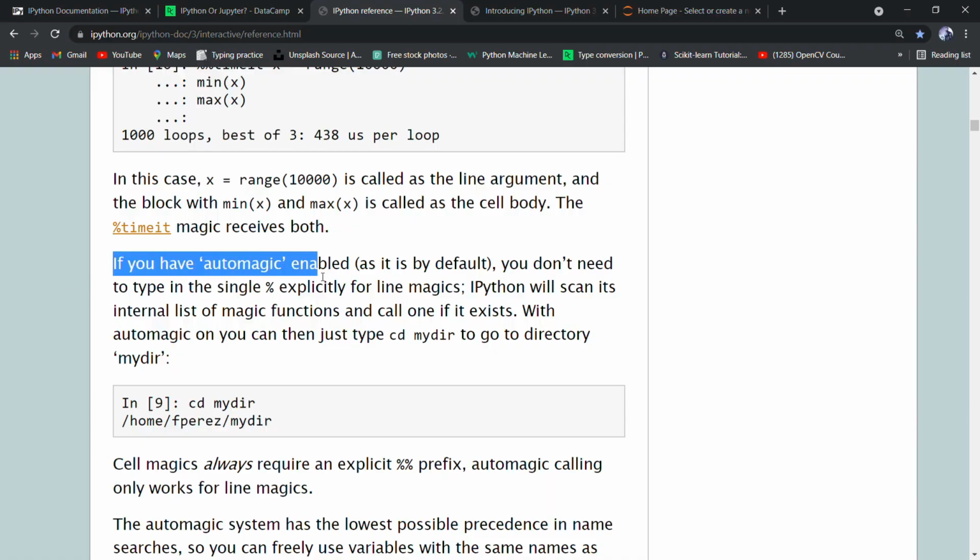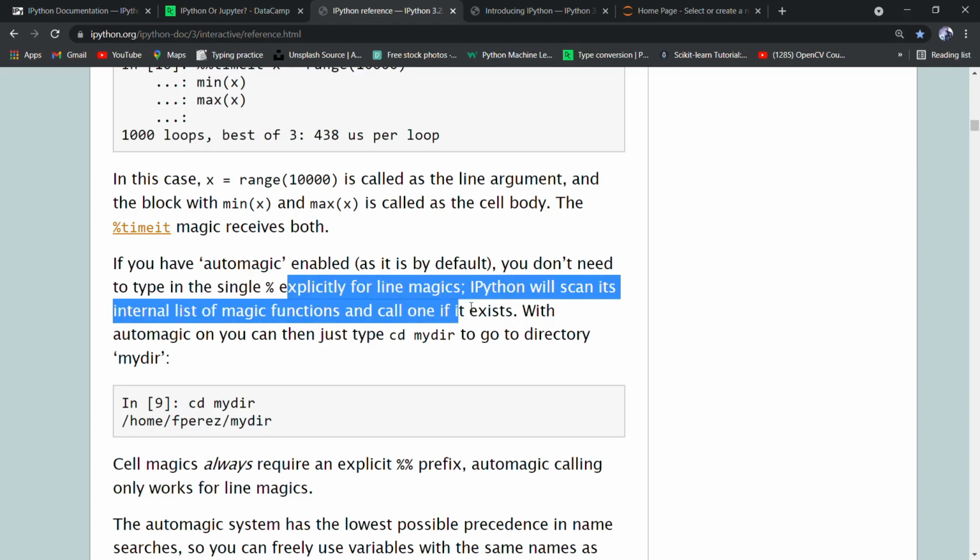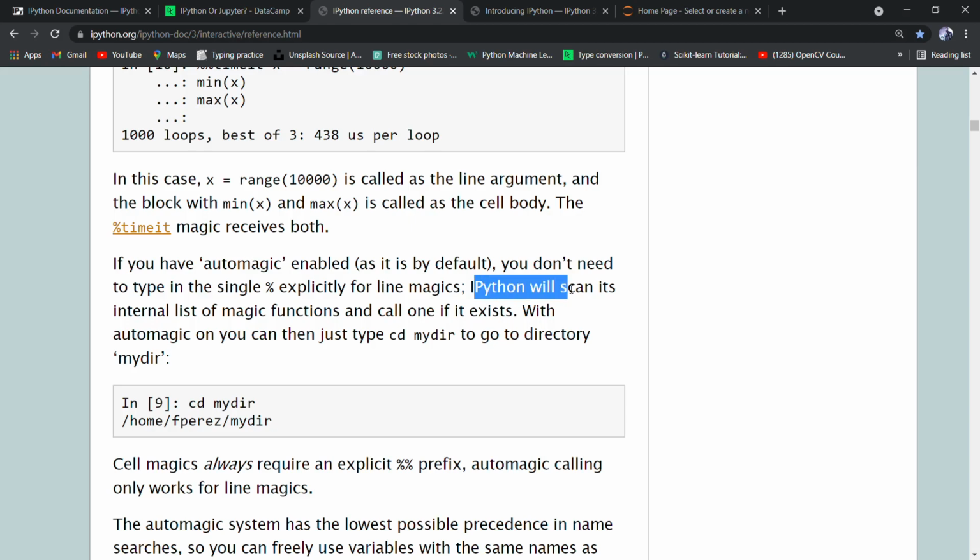If you have automagic enabled, as it is by default, you don't need to type in the single percentage explicitly for the line magics. IPython will scan its internal list of magic functions and call one if it exists.